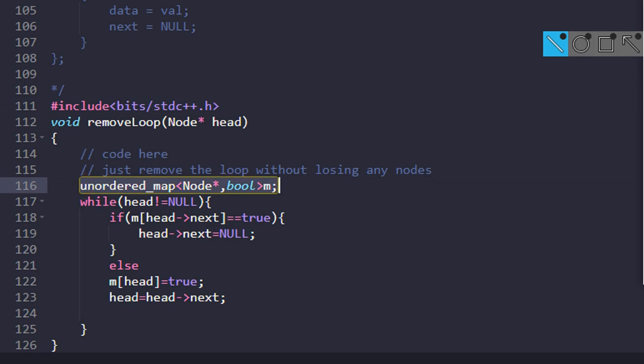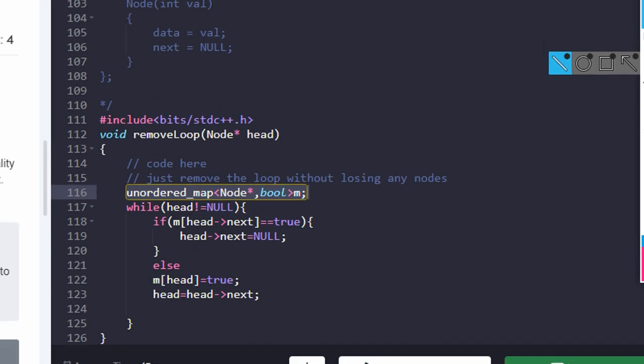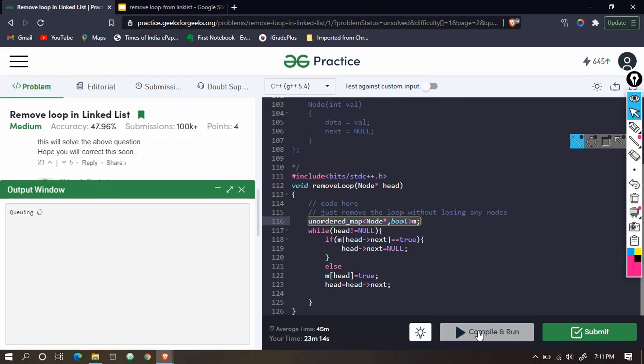So let's compile and run the program. The question here is to return 1 if you remove the loop. There was a loop and the answer should be 1. As you saw here, the answer is 1. This means the loop is removed.